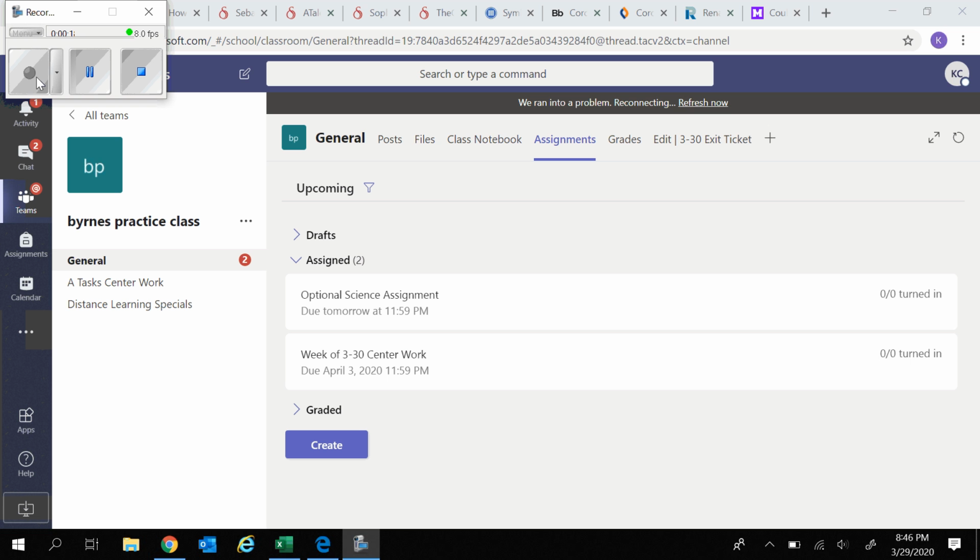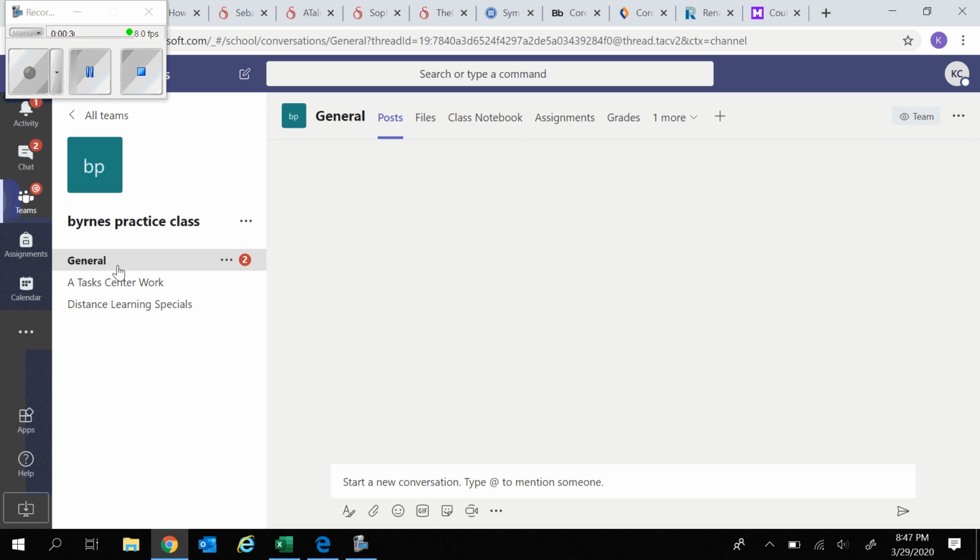I created a practice class to show everybody so that student names wouldn't be on it. It does look slightly different than the Teams class that your student has access to, just because there's less stuff in it, because I wasn't going to put all of our stuff in here just to show you a couple things. So when they first log on to Teams, they're going to be automatically brought to this